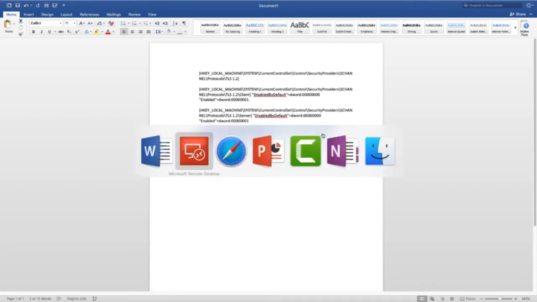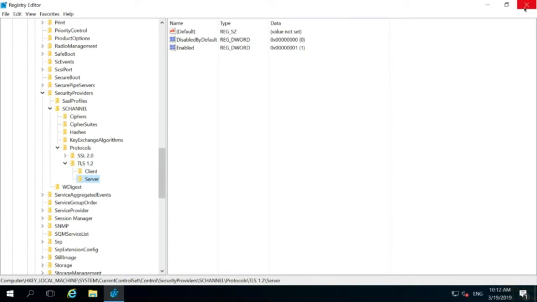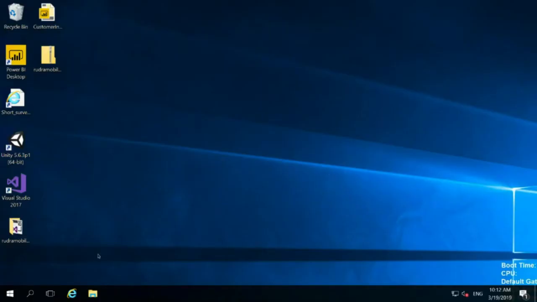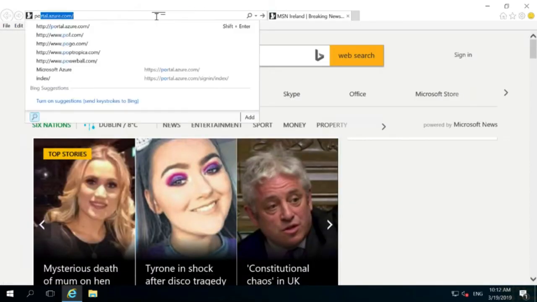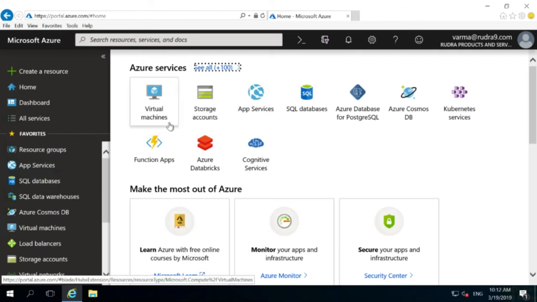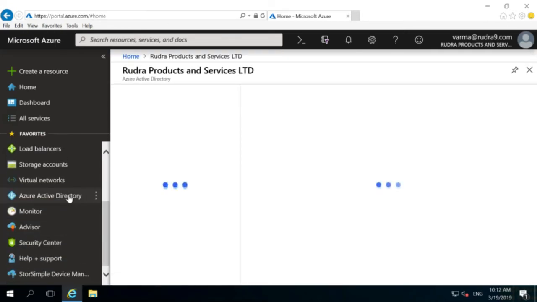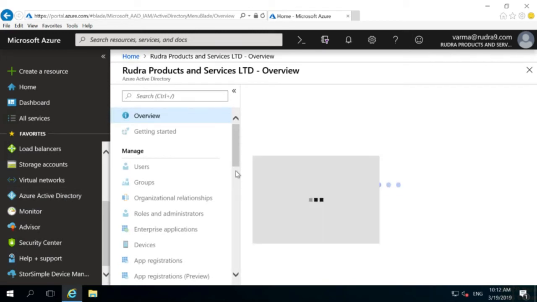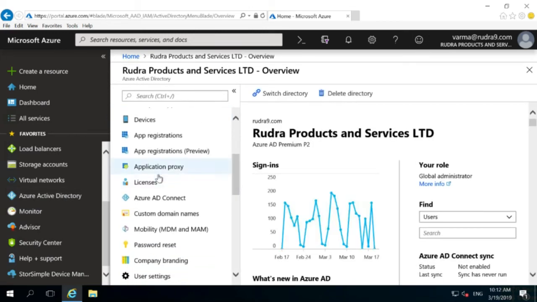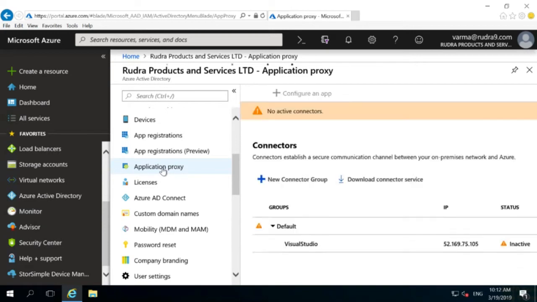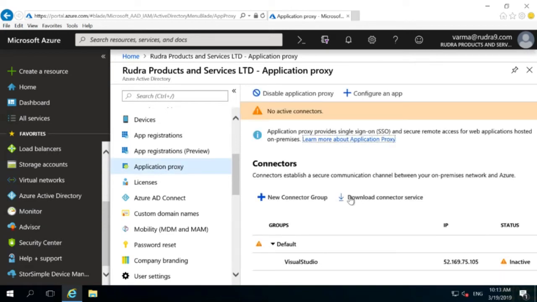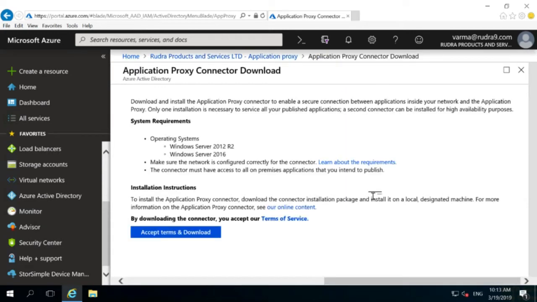Okay, so let me go back to virtual machine, and let me start installing the App Proxy Connector. Come down here, go into Azure Active Directory, and then come down here. You can see Application Proxy here. And then let me download the connector service.